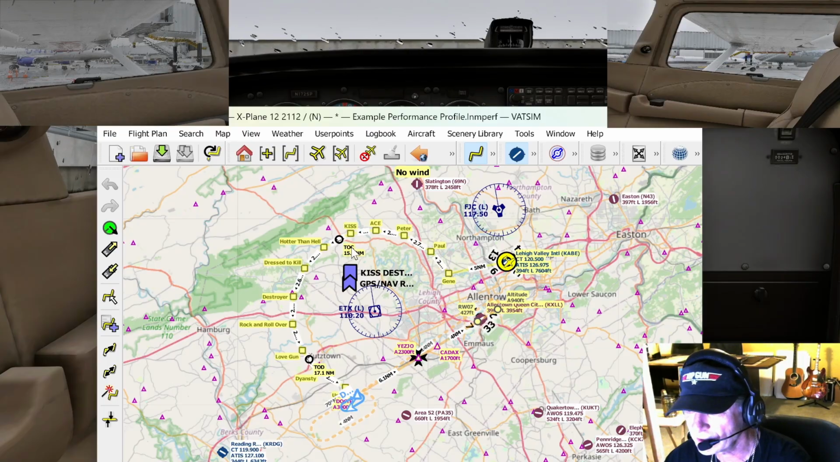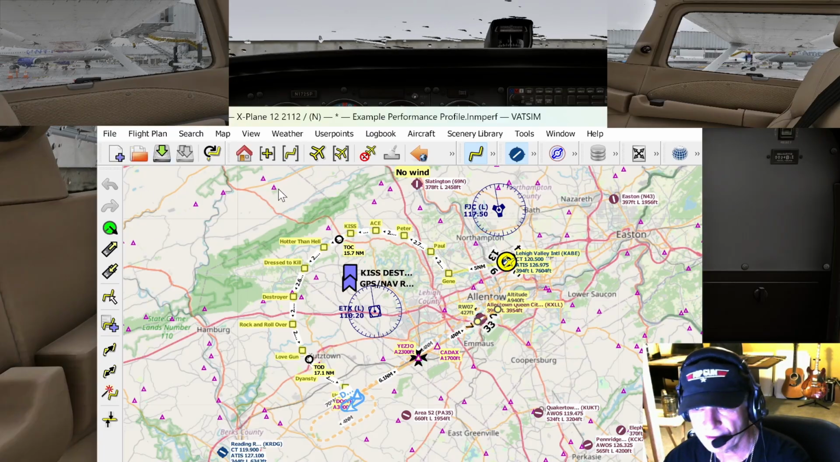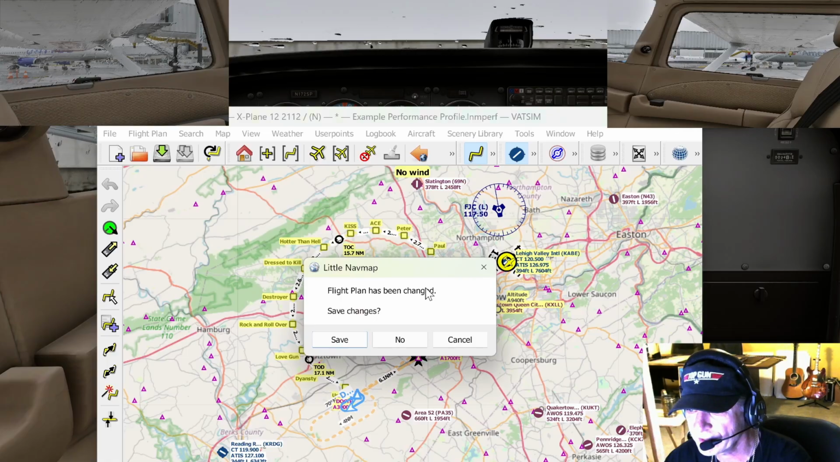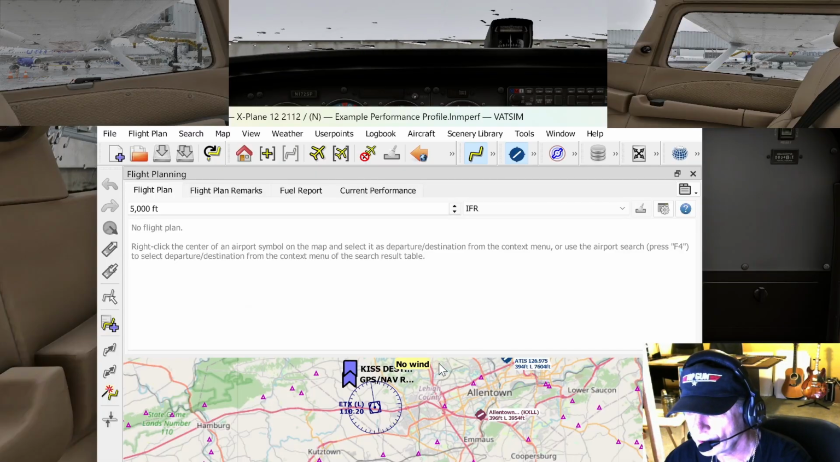It will accelerate and give your aviation flying within your simulator a great way to create routes and approaches and what have you. I'm not here to teach everything on Little Navmap, but I'm going to go ahead and pull down File, and I'm going to say New Flight Plan. Flight plan has been changed. Save changes? No. Okay, so now we have